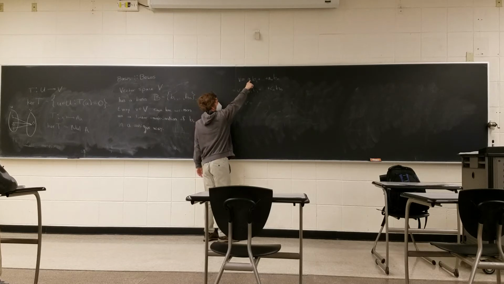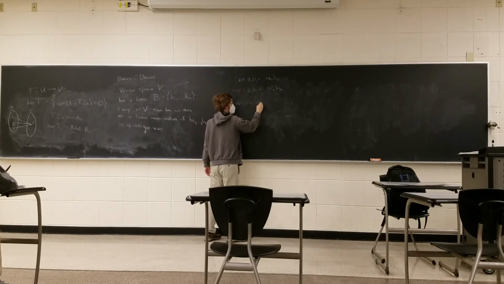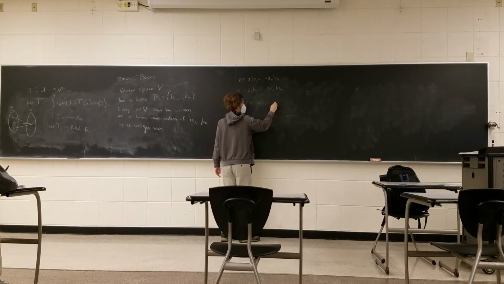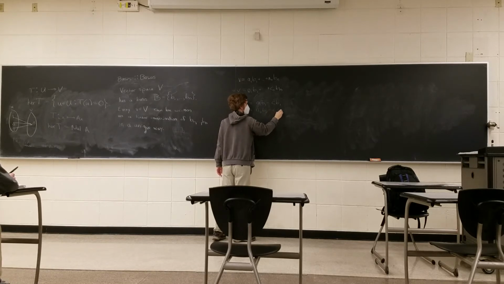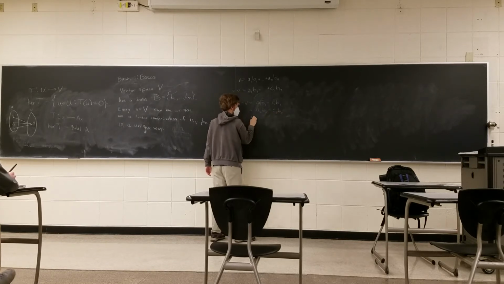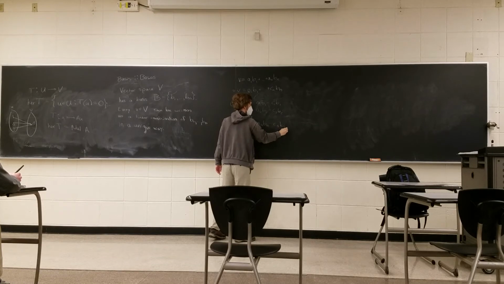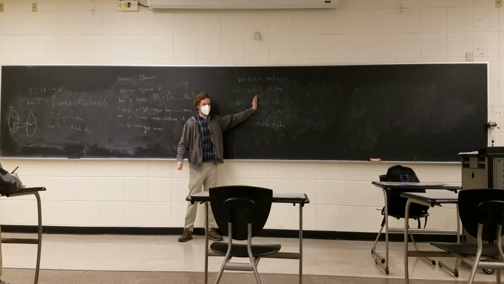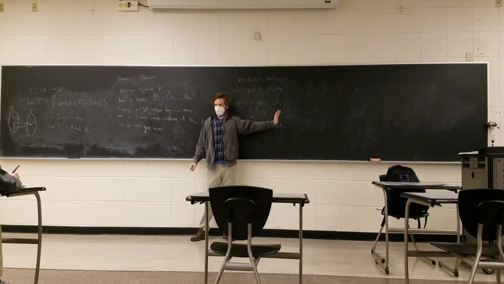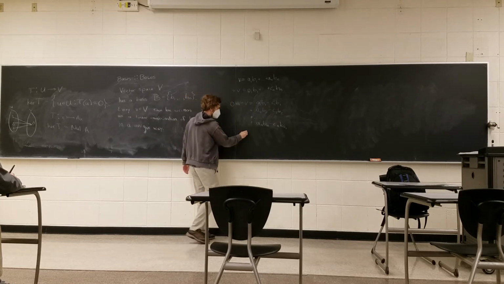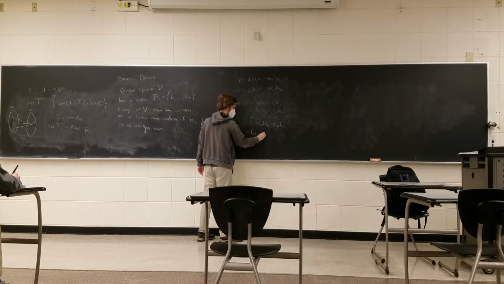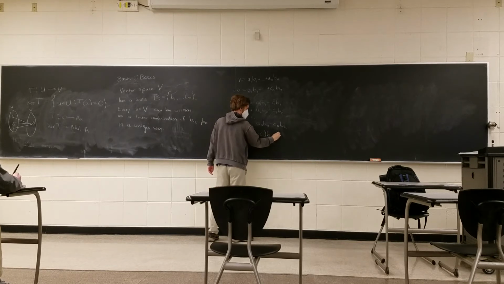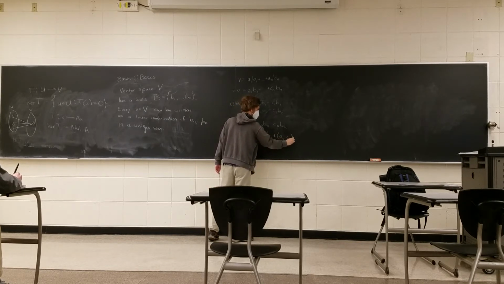So a1 b1 minus c1 b1, a2 b2 minus c2 b2, plus dot, dot, plus an bn minus cn bn. I've just taken the first linear combination and subtracted the second linear combination from it. So just by rearranging terms, I can say this is a1 minus c1 times b1 plus a2 minus c2 times b2,